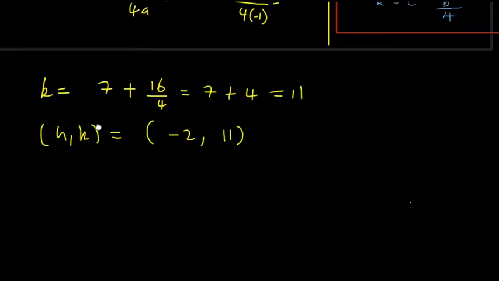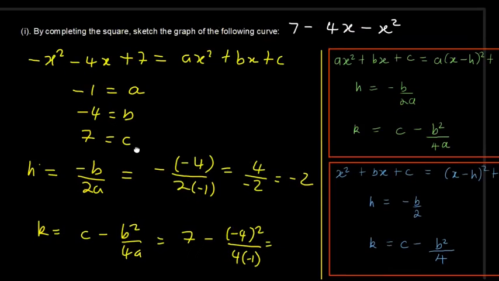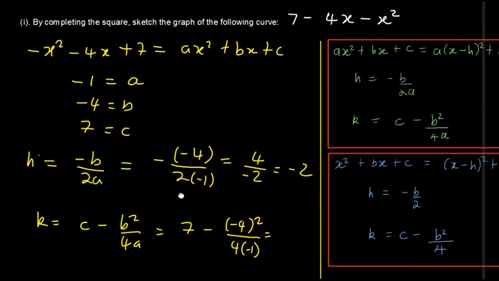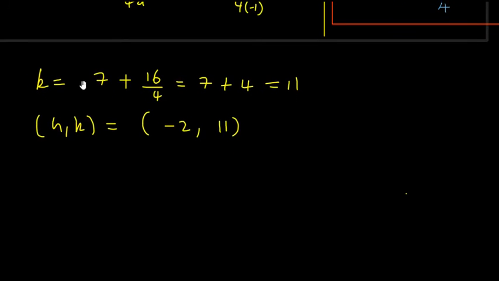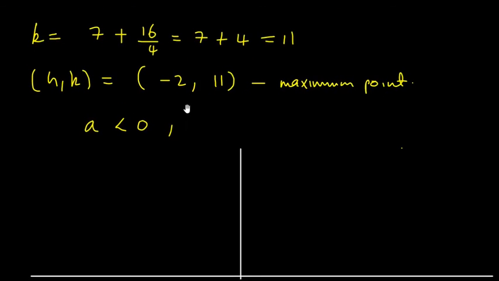Yeah, minus 2, 11. So now what does this question require us to do? Sketch this graph. Of course a is less than 0, so this is the maximum point of the parabolic curve. So let's sketch the graph. We have the x-axis and the y-axis, and we also need to find the